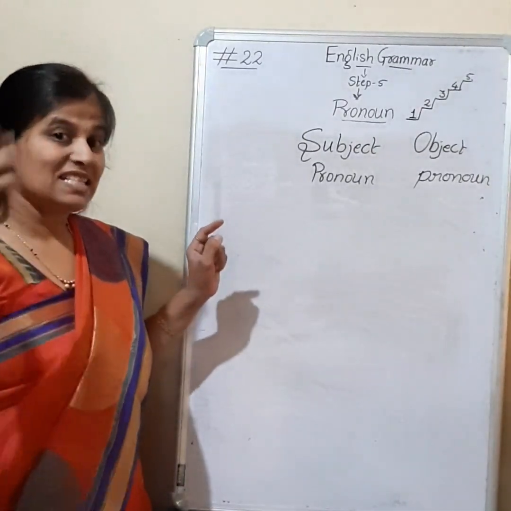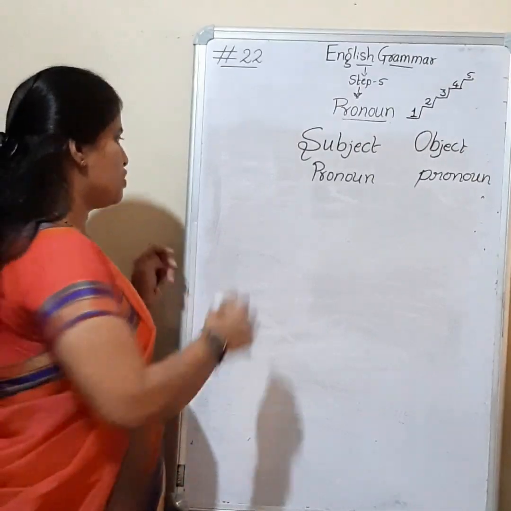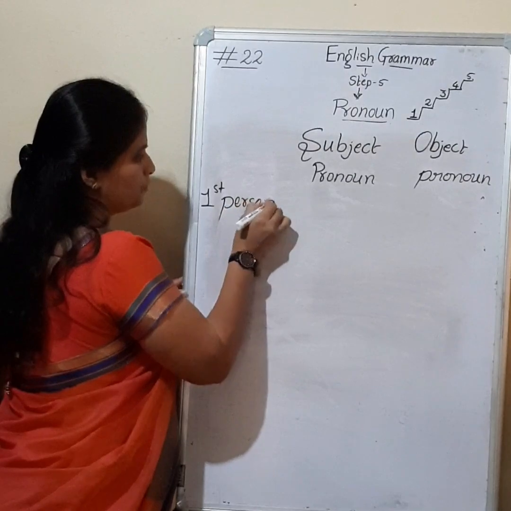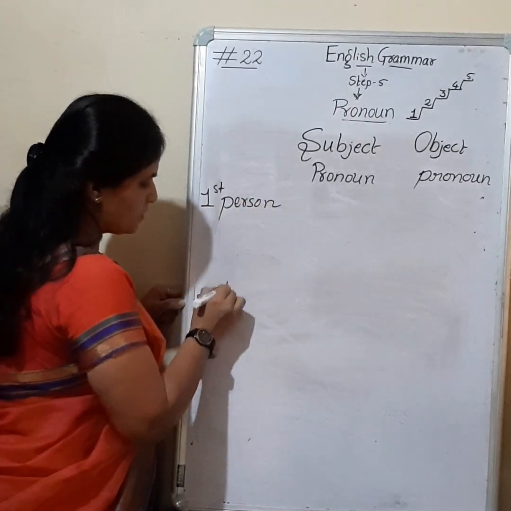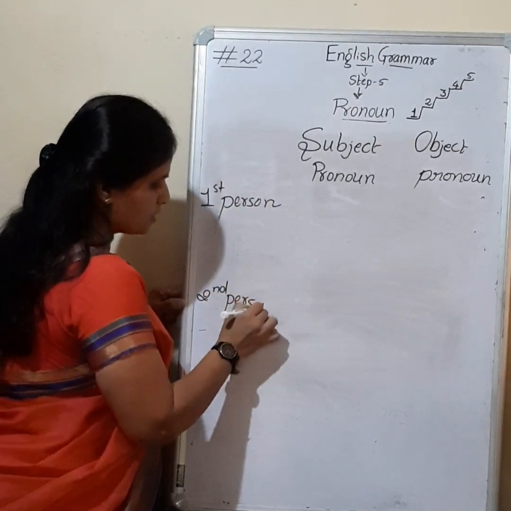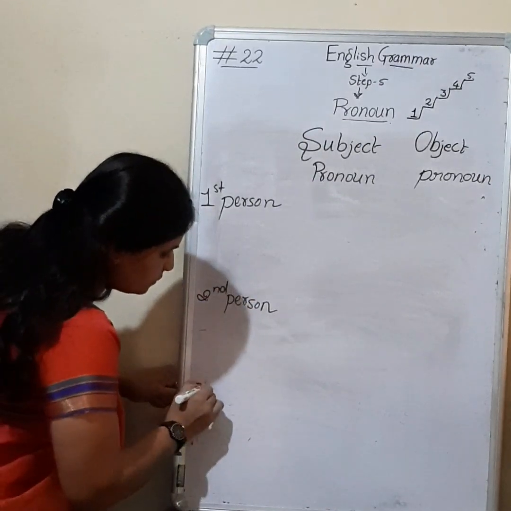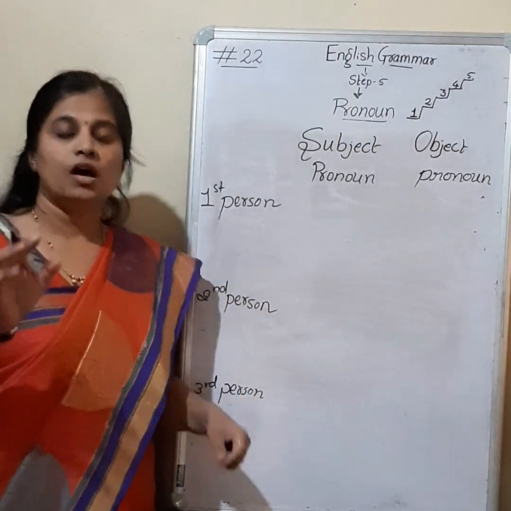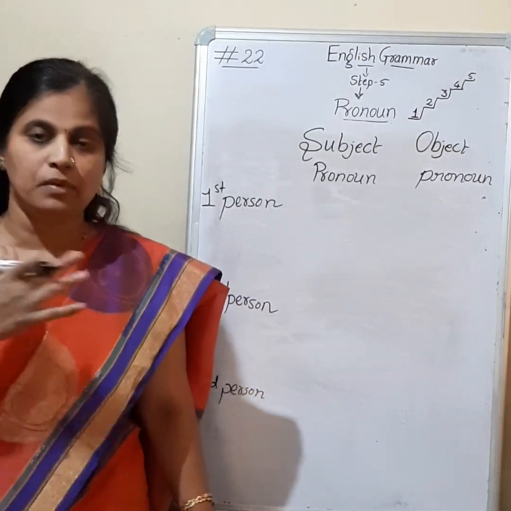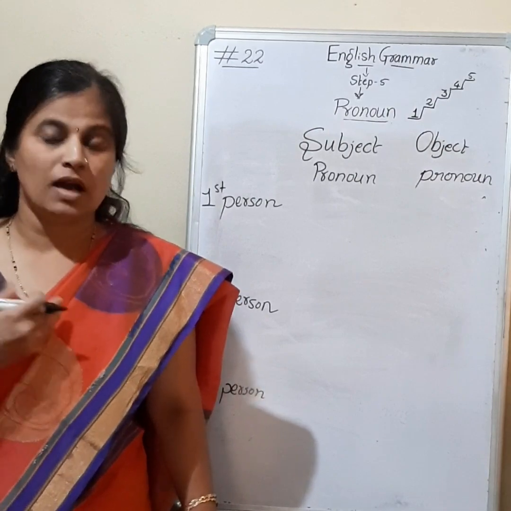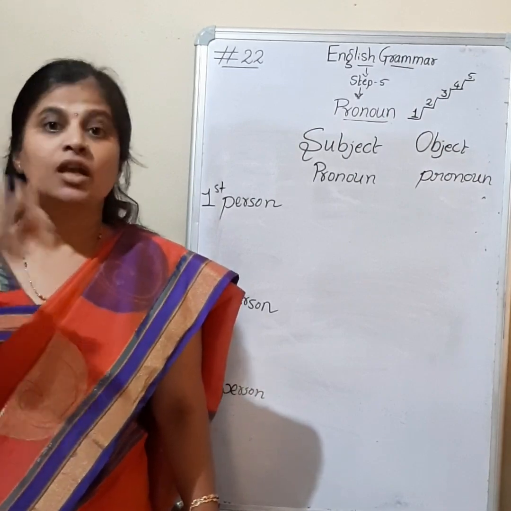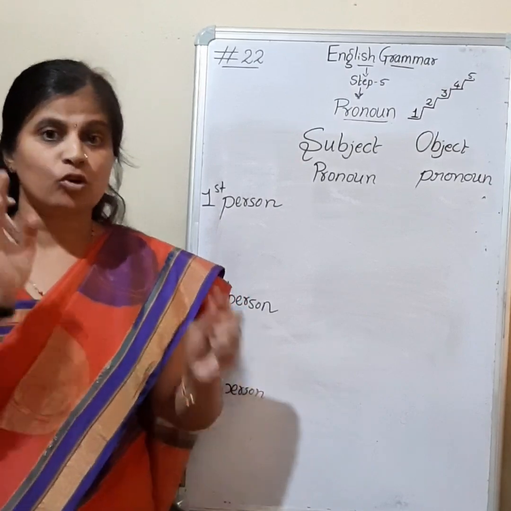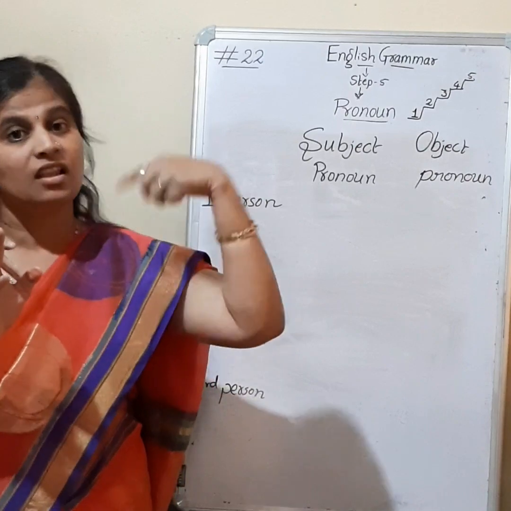Before going to this, as I said, what is required to complete the communication? First person, second person, and third person, right? Okay. Now here I can just give an example. I am speaking over here, right? So I am considered the first person. You are listening now, so you are the second person here. We are talking about the thing that is the pronoun, so that is the third thing.